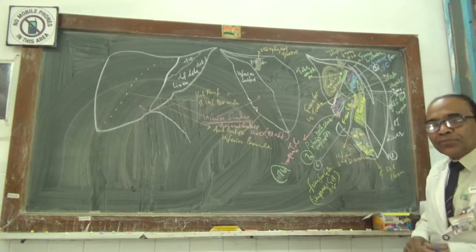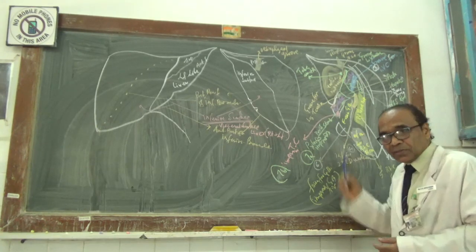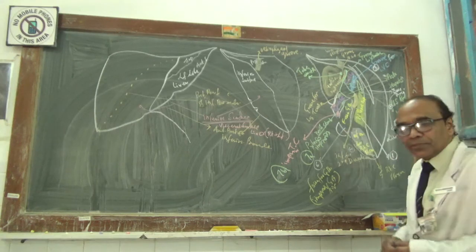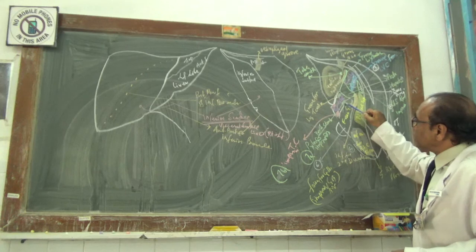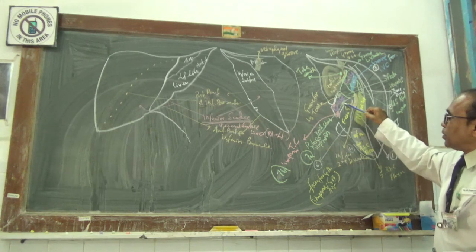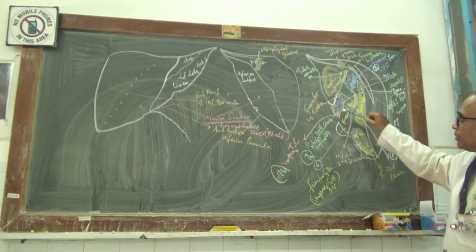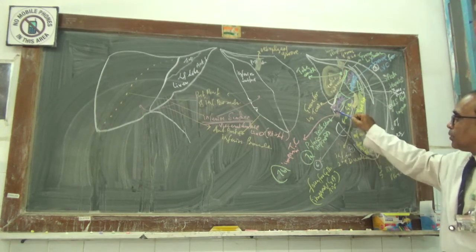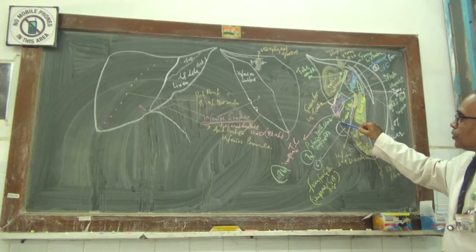Now this impression is made by the anterior surface of the transverse colon. This transverse colon impression, above, is related to the pyloric impression, which is present on the inferior surface of the quadrate lobe of the liver, on the inferior surface of the right lobe of the liver. Below, it is related to the anterior part of the inferior border of the liver.